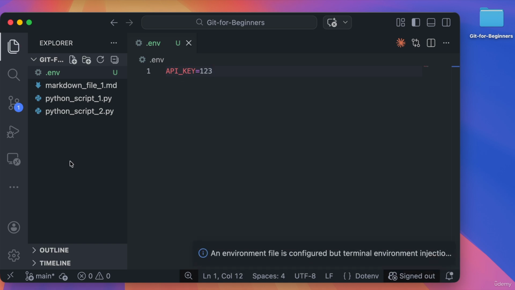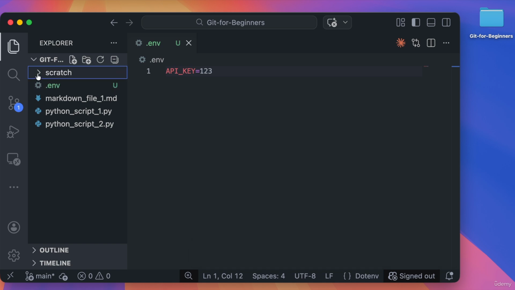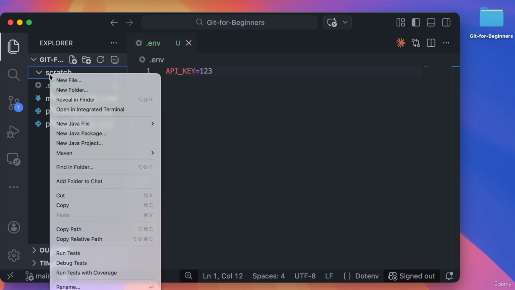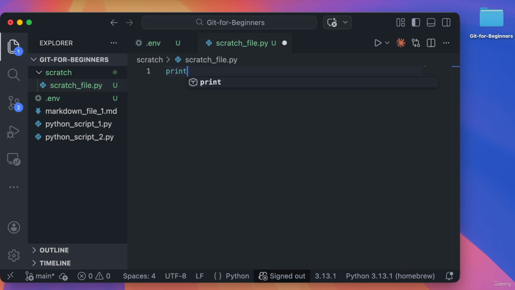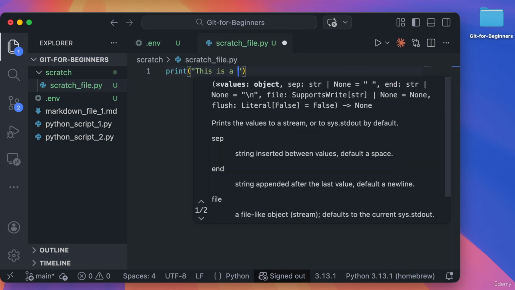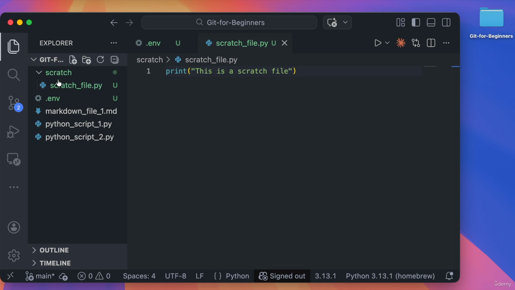I'll also create a folder called Scratch. To create a folder, you can click on this folder icon with a plus, and I'll just say Scratch. And then within that folder, we can add files, as you can see. If you hover over the folder, you can add a file. So I'll just say scratch_file.py, and then I'll just print, this is a Scratch file, and then save that. Great. So we've got a folder with a file inside of it and a .env file that we want to